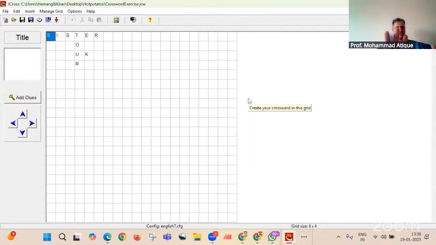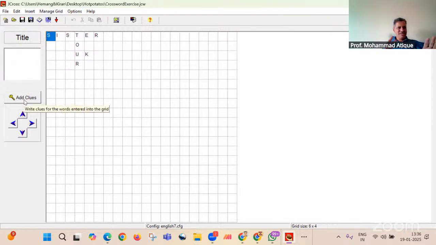Okay, so this is how the grid will be created for you. This is the grid. For simplicity, I am putting it only 3 or 4. Again, there are a lot of possibilities here. The idea is to simply expose you. Later on, you can work on your own and come up with a detailed exercise and so on. Here I can give the title.